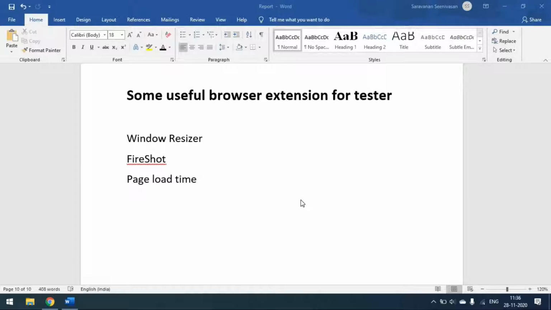Hi everyone. So today we'll see some useful browser extensions for testers. We have so many extensions available on the browser, like Selenium IDE, Firebug, right? Some tools for identifying the XPath, like a selector, and so on. I mean, we have so many extensions, and I really found these three listed here. Those are really helpful for a tester's life, right?